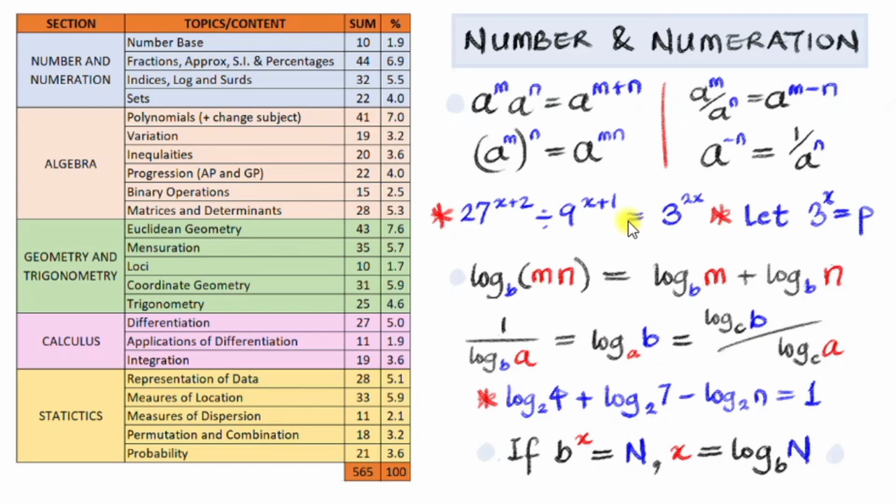This is an exponential equation here, in which most of the time, sometimes you just need to represent a variable with some other variable, and then you solve for p, and then revert back and solve for your final answer, okay? And in logarithm, you also need to know how to change base from when you're having indices, and then you can convert to logarithm,